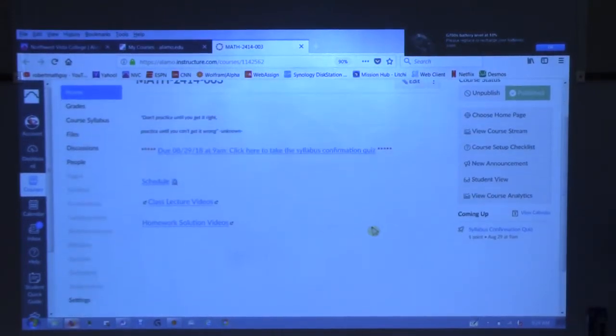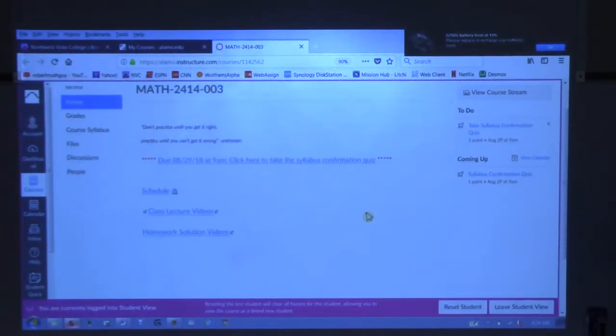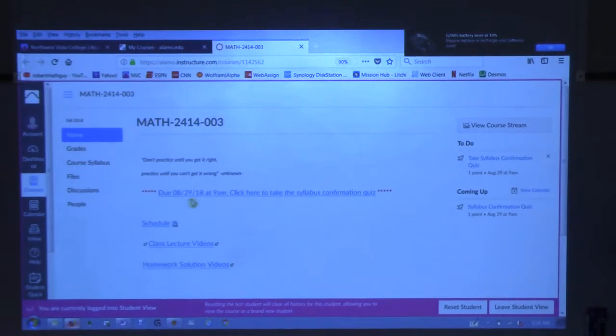Okay, so here is our course. I'll look at the student view so it looks like what you'll see. Right here with these red asterisks it says due this Wednesday before class. You just click on that, and all that says is you've read the syllabus and you understand the requirements of the course. That's my way of getting a signature. That way, if you say, hey, I didn't know, I can go back and say, yes, you said you did. You know those little things you check at the bottom of websites where it says I've read all the conditions? This is you reading all the conditions.